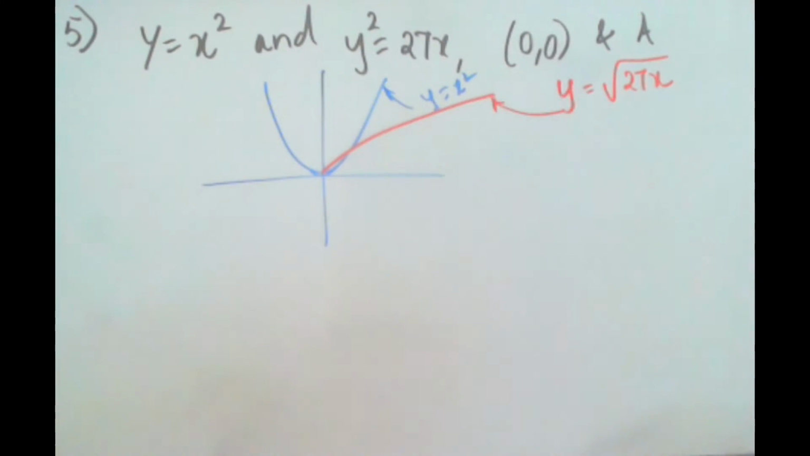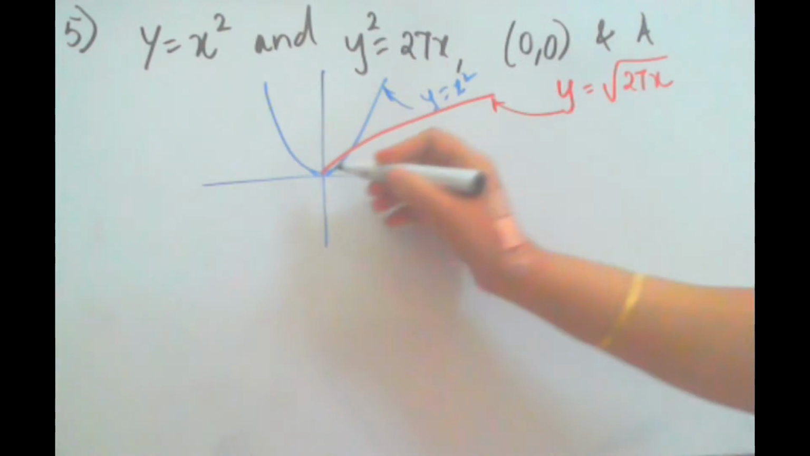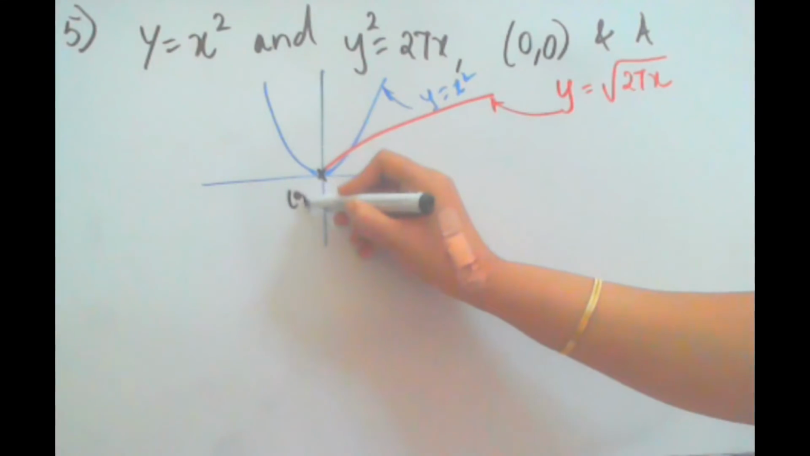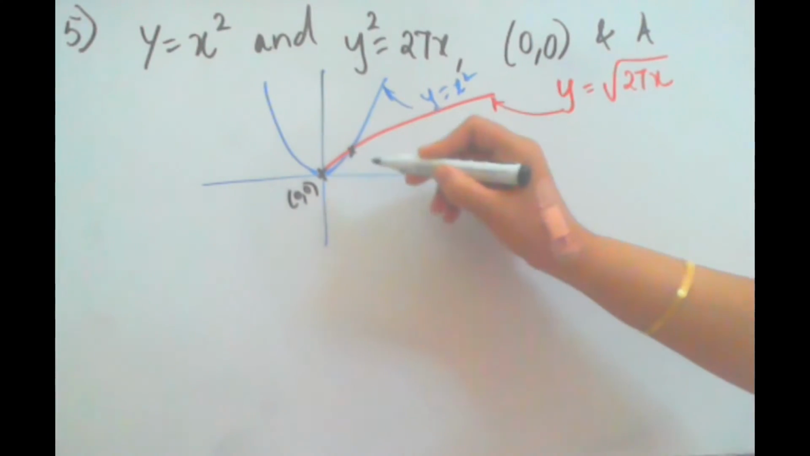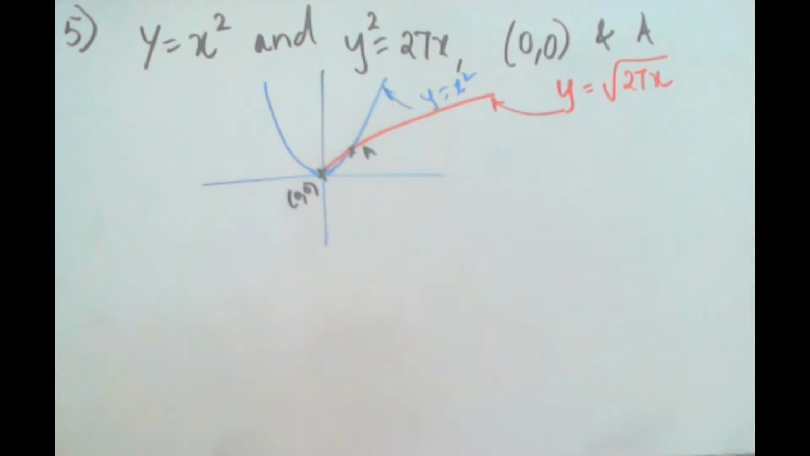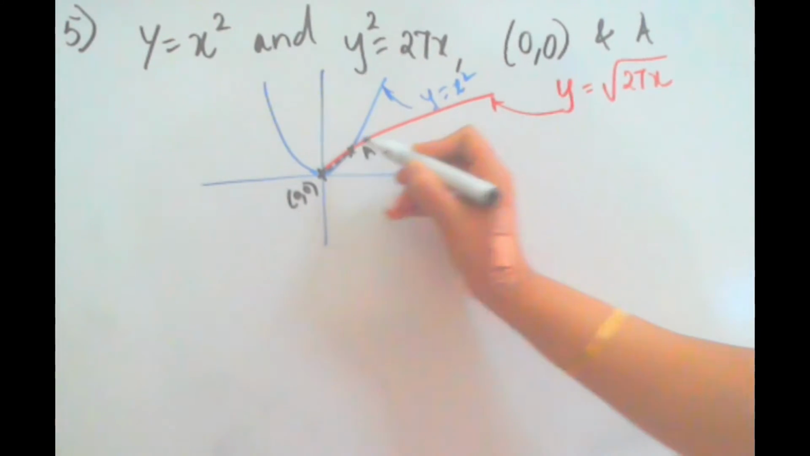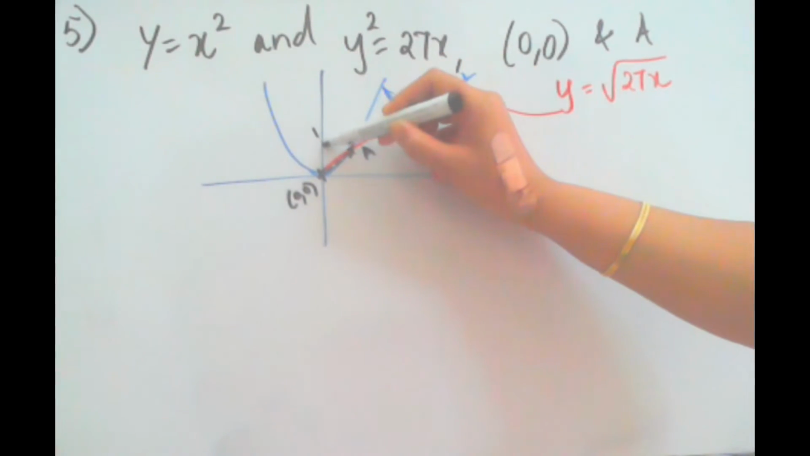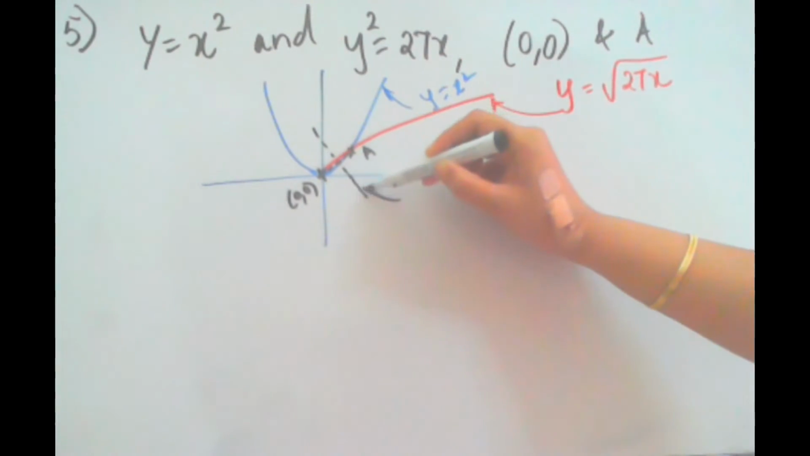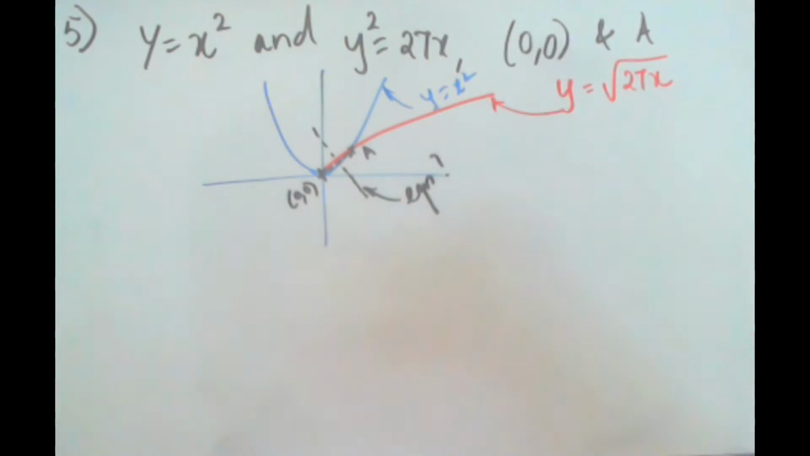Now these two graphs intersect at 2 points. One is at the origin, which is (0, 0), and another is this point here, which is A. So the question is, we have to find the equation of the perpendicular bisector of the line OA. So we draw a line OA here and then a perpendicular bisector. So we have to find the equation of this perpendicular bisector. So once you draw the rough sketch, let us